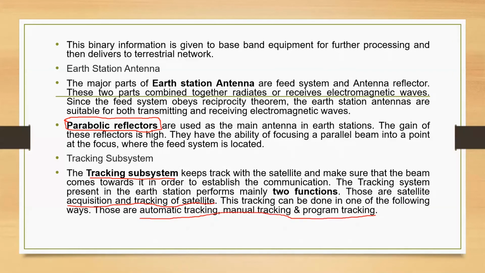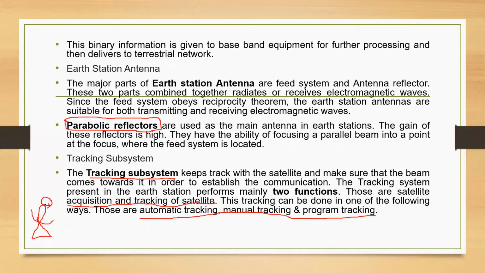Now, what is automatic tracking? Say you have an earth station. There will be a beam being transmitted, and this beam is continuously rotating in a circle. In case the signal is proper, you will be getting equal power from every location. In case the satellite has deviated, at one point you will get high power and at the other point you will get low power. So that's an indicator that you have lost track of the satellite, and, the way radar does, similarly conical tracking is done automatically and gives us the correction.